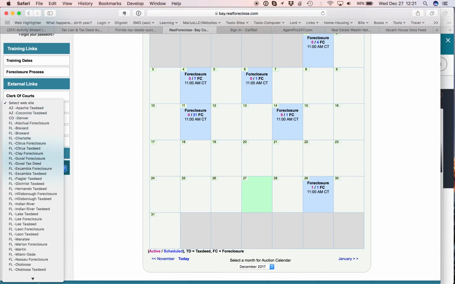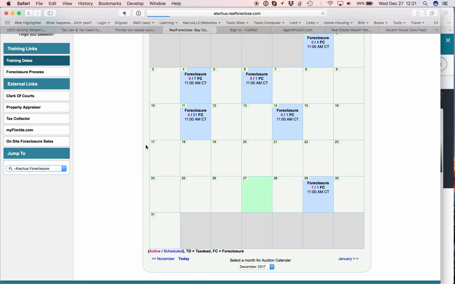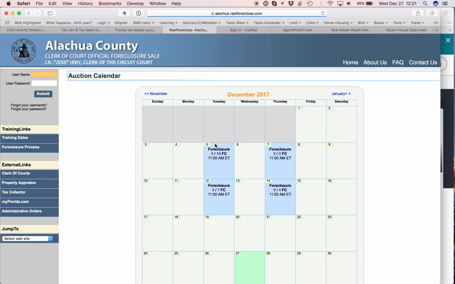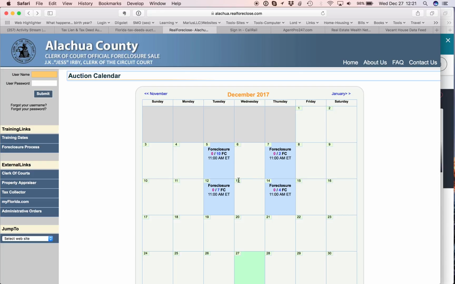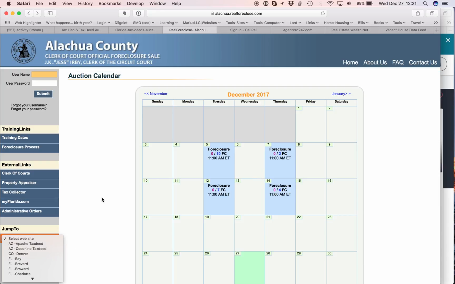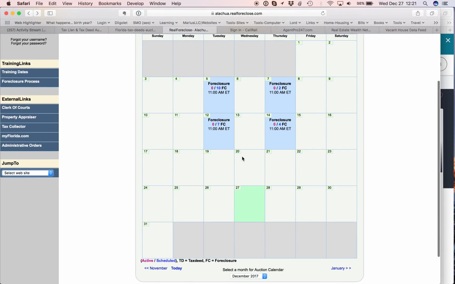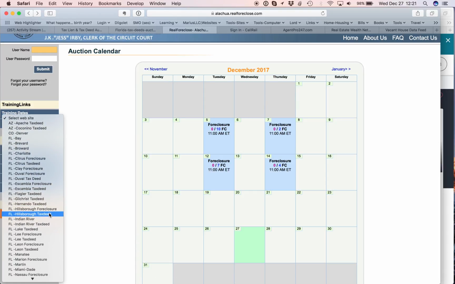So you're going to have all of the websites here that we need to scrape. But be careful. At the top, you do Alachua. It's going to load up. You go to the auction calendar, and then you're going to see foreclosure here. This foreclosure here, that's not what we want. Skip the foreclosure ones, and then you're going to see there's no tax deed. We're looking for tax deed, such as in